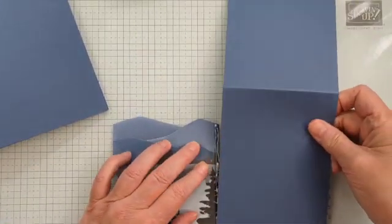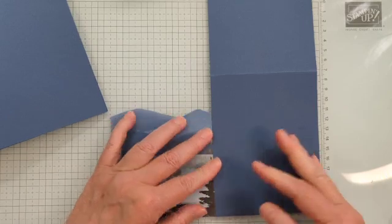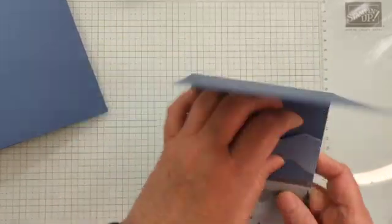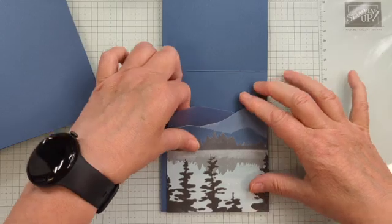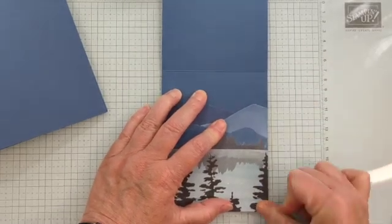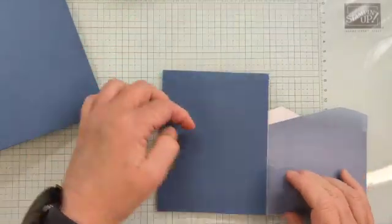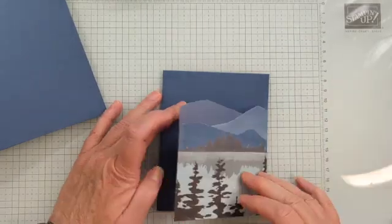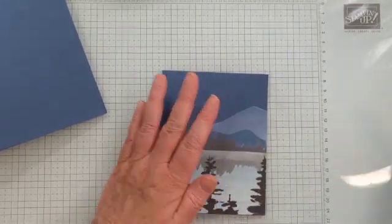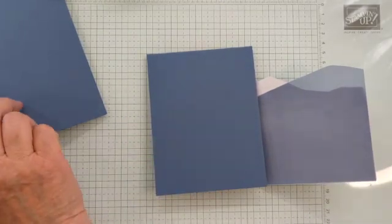So let's see if it works better if I go this way. And let's fold it over, make sure we're getting it on there straight. All right, so there's our front flap. Should fold over. We can give it another good crease right there to help it know that that's where it wants to go. We've got our inside panel then. Our next panel